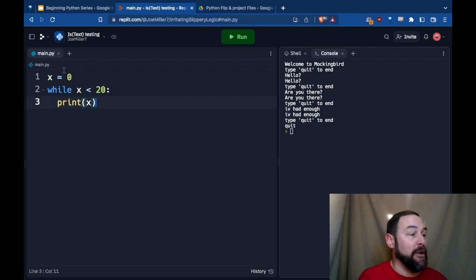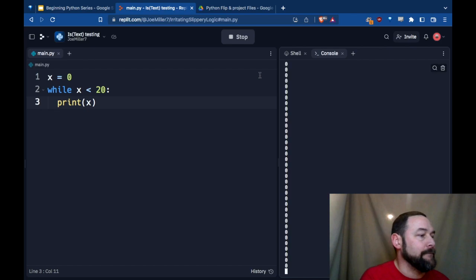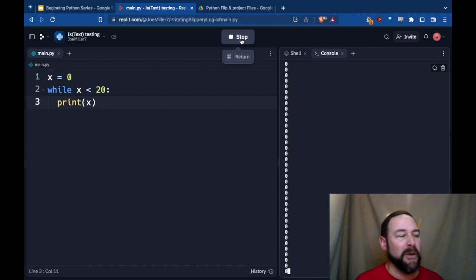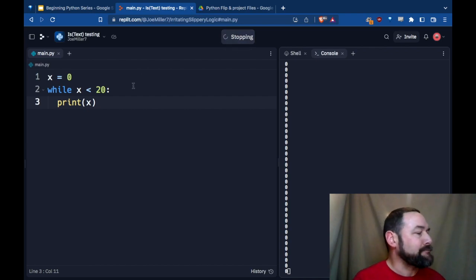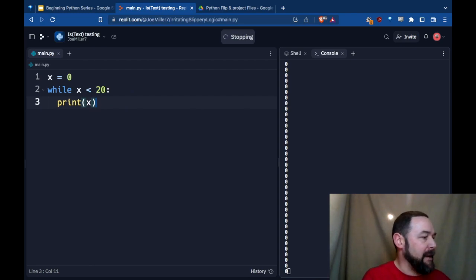It can happen. Infinite loops are a thing. You want to see it? Let's go. There you go. It's still printing. It's going to keep going until Replit says this seems to be stuck in a loop, right? So I want to stop that program and say x equals